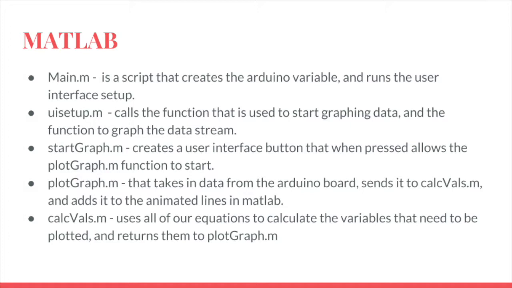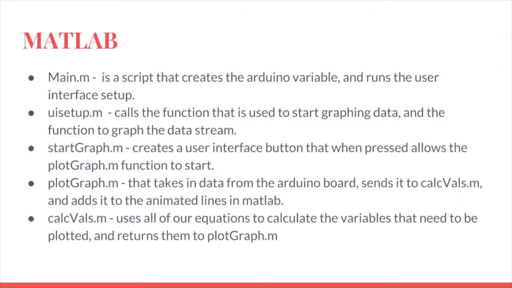It has global variable declarations, and it has voltage inputs, and then it has all the animated lines and various labels and such, and then it uses start time to calculate when it's supposed to plot, and it just keeps running. And then we have calc_vals, which is all of our models in MATLAB that calculate the temperature and resistance and such. And then the final function we have is start graph, which basically on a button press